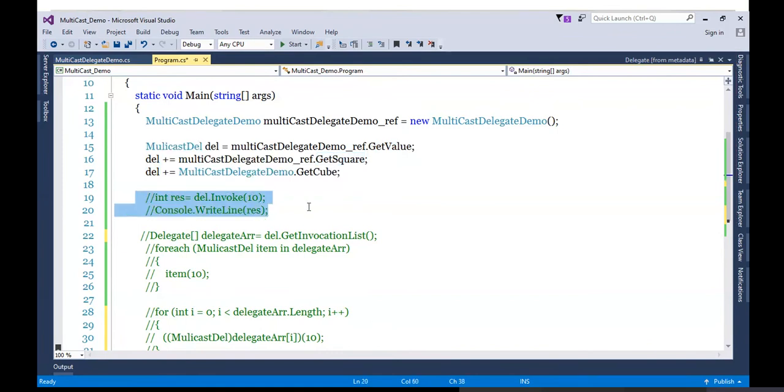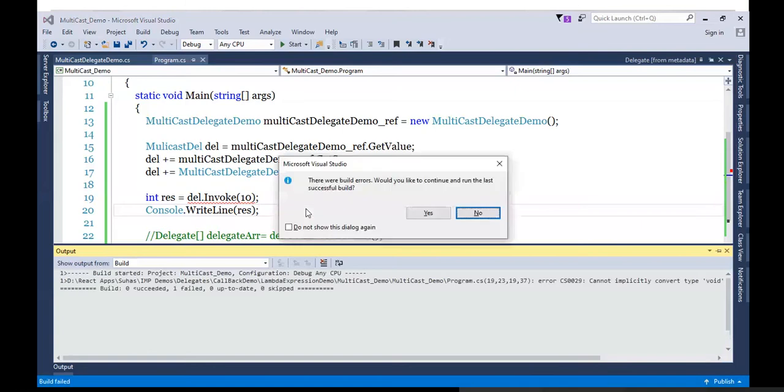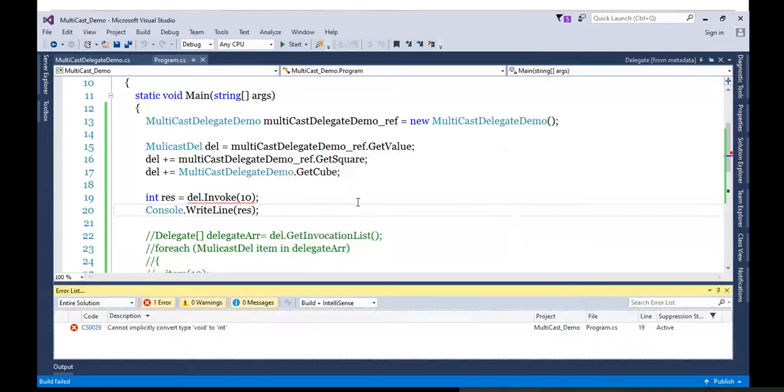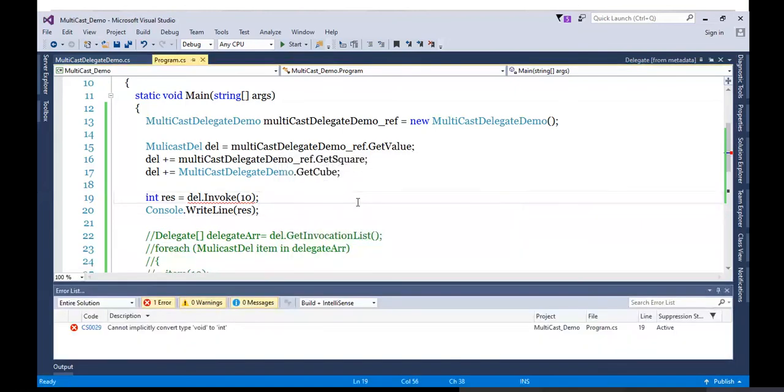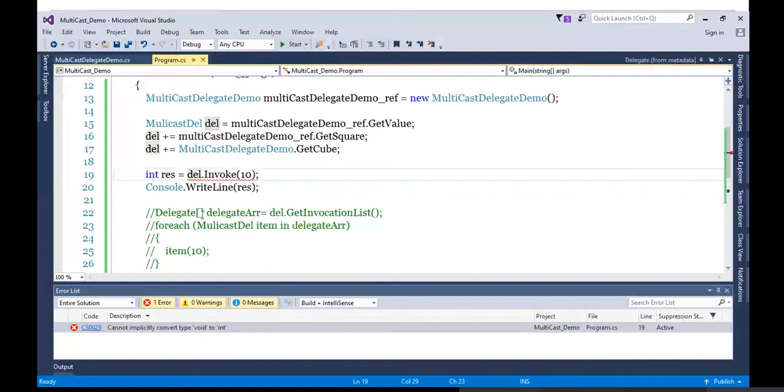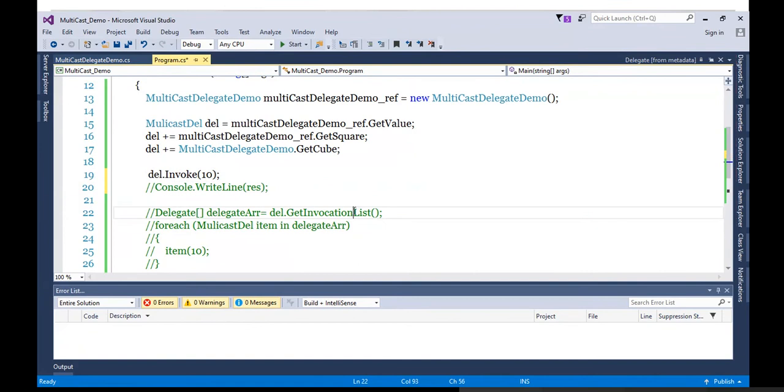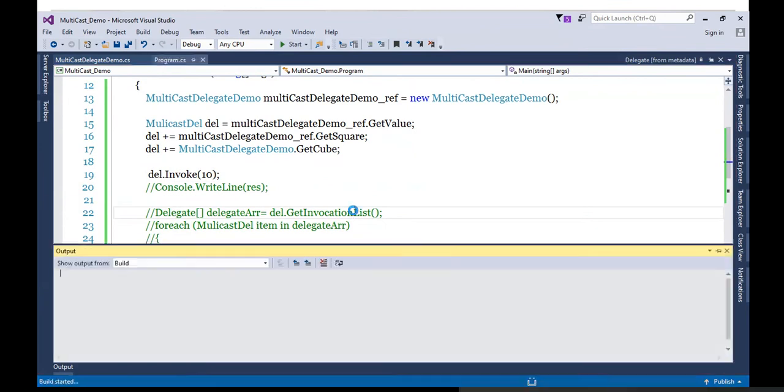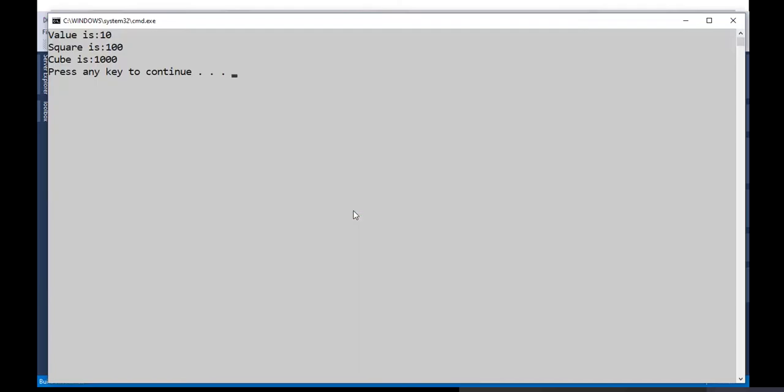So right now, if I run this, what is the problem now? Void to int. It is not returning a value. I'm sorry. Once again, the same mistake made. Okay. See, I'm getting the answer.